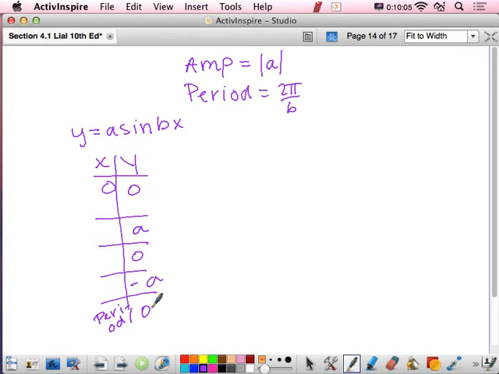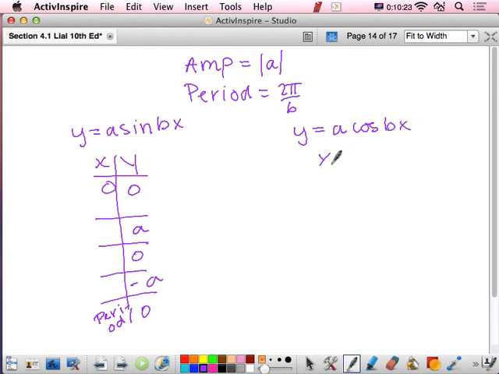That's true if you build your table the way I told you to, that's true for every sine graph. 0, A, 0, negative A, 0. So you can run those off real fast without doing a lot of plugging in and computation, and it's just a pattern-oriented thing. Cosine, on the other hand,